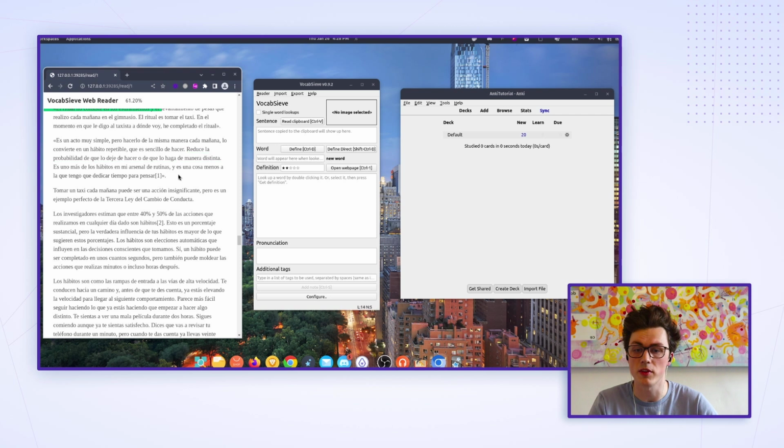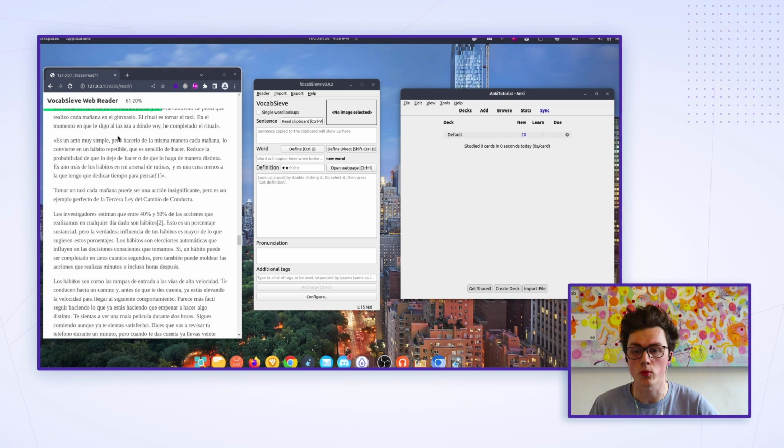And the really cool thing about this e-reader is that it automatically copies the entire sentence when you hover over it. You see this green underline means that when I click on any word, it's going to copy the whole sentence and select the target word. So let's say that I want to learn this word, hábito, right? I just clicked on it once. That's all I did, and it put it in here. It looked it up, it found the definition, and then I can hit add note, and boom, it's done.